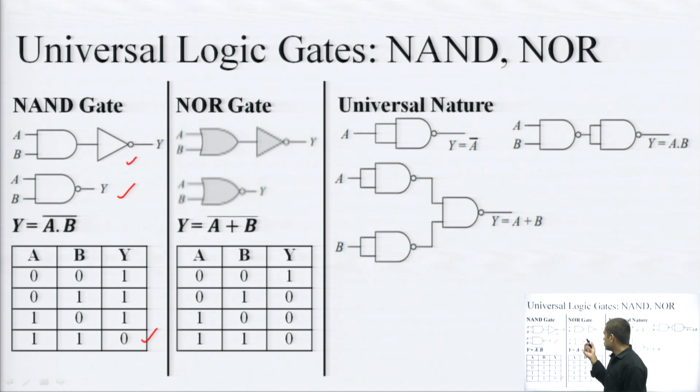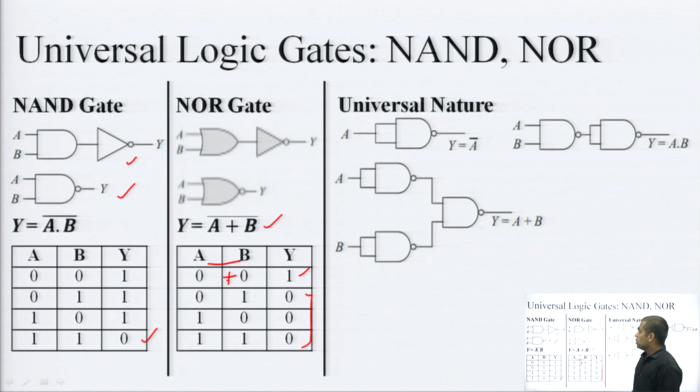Now, coming to the NOR gate. NOR gate is a combination of OR plus NOT, and the truth table says that if any of the input variables is high, we will be getting a 0 output. That means, the complement of the OR gate. So, in these 3 cases you can check that at least one of the inputs is high, that is why I am getting a 0 output. So, the only possibility to get a high output from a NOR gate is that both the inputs should be low. So, 0 plus 0 will be equivalent to 0, and if I apply a bar on that using the NOR expression, I will be getting a 1. So, this is the truth table for NOR gate.